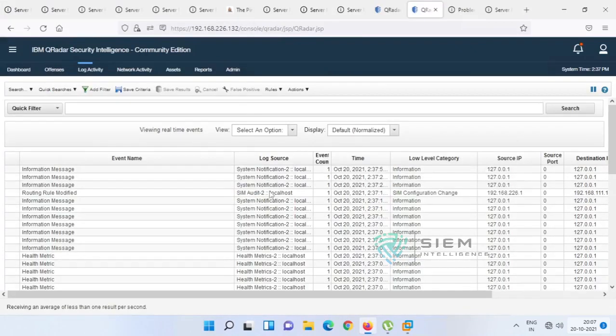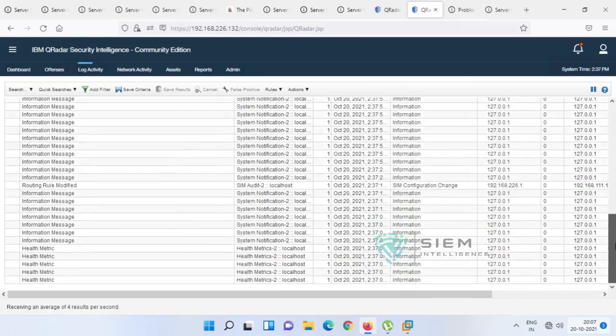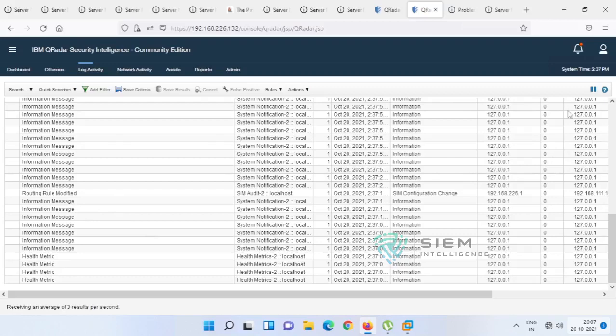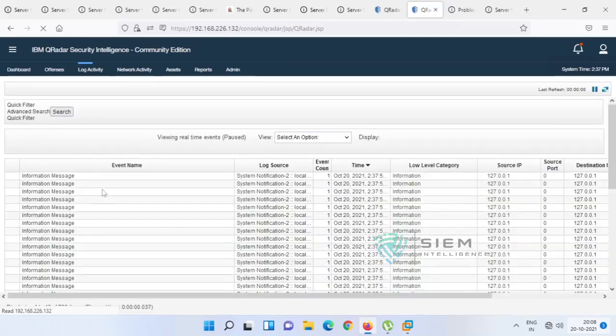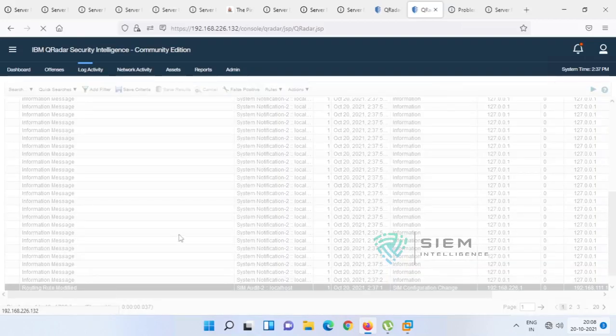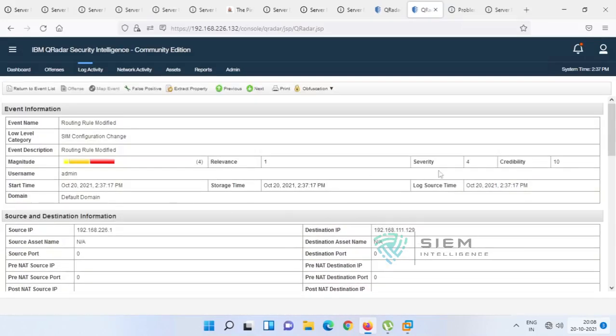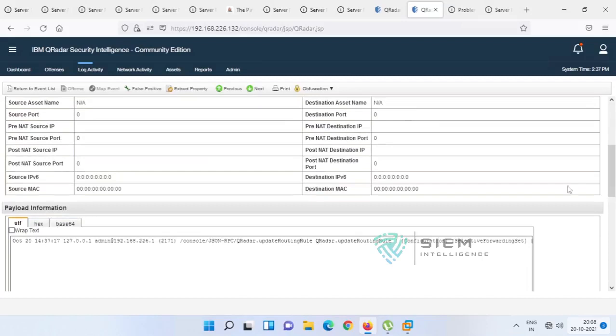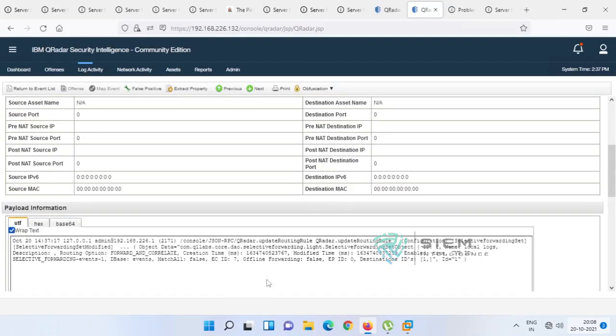See, I made a change, routing rule modified. We have changed some routing rules. If I stop, it will show here what my routing rule change was. It will show everything. Wrap the text.